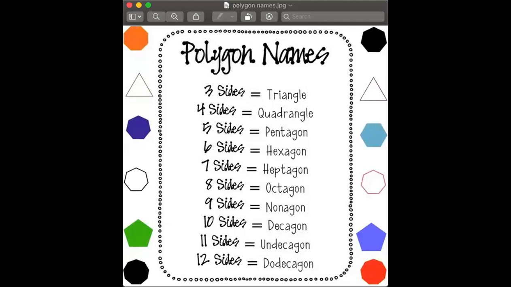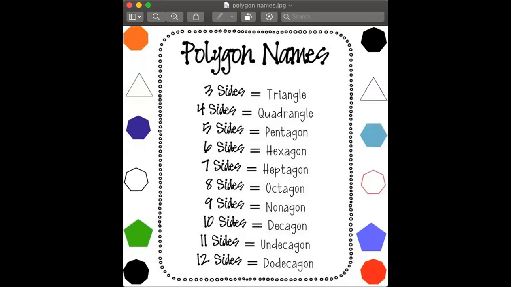Hey everybody, so today we're going to be talking about the interior and exterior angles of regular polygons. But before we do that, I just want to make sure that we remember the names from yesterday. So if you need to screenshot this or make sure that you have this in your notes somewhere,